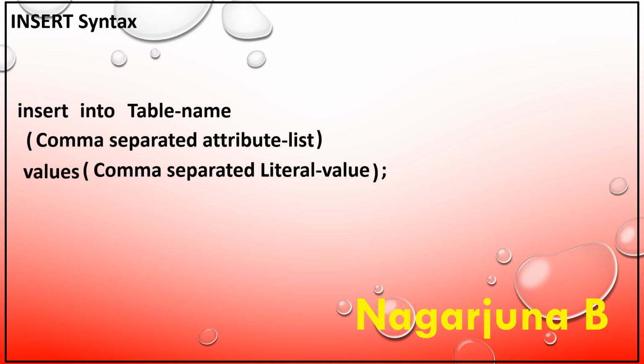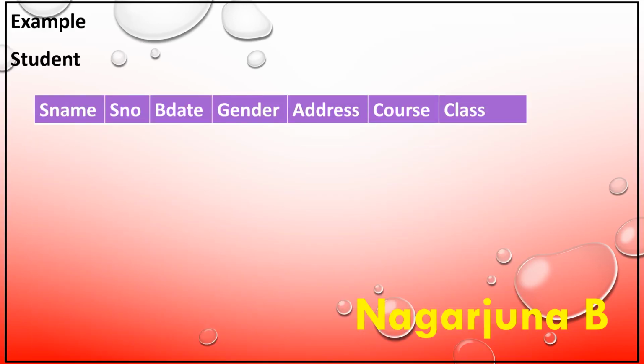So this is the second way of inserting a tuple into a relation. It is the second type through which we can insert a tuple into a relation. I am considering the same relation, Student, with the same attributes which I considered while explaining the type 1 insert command. Now we shall see how to write the insert command by the second type.